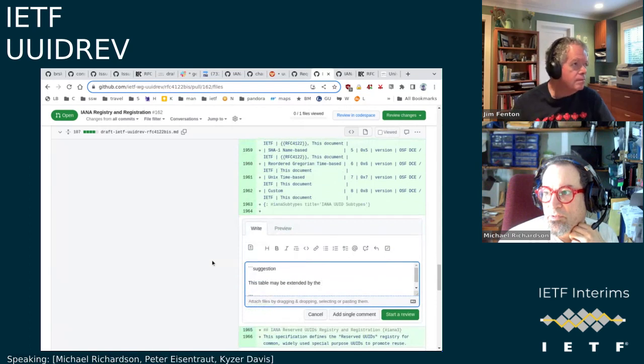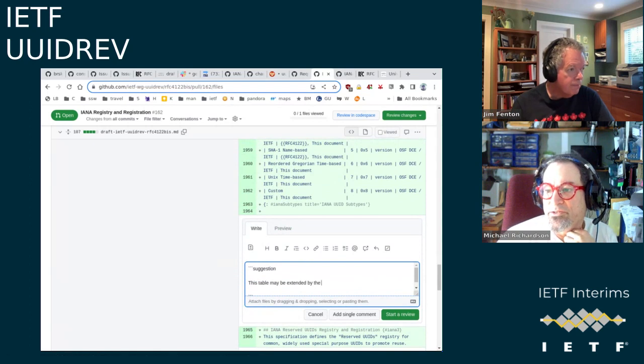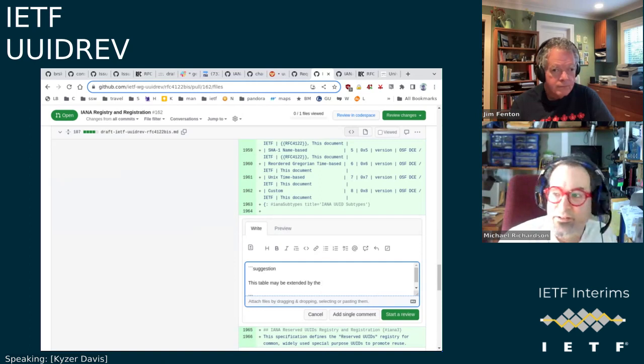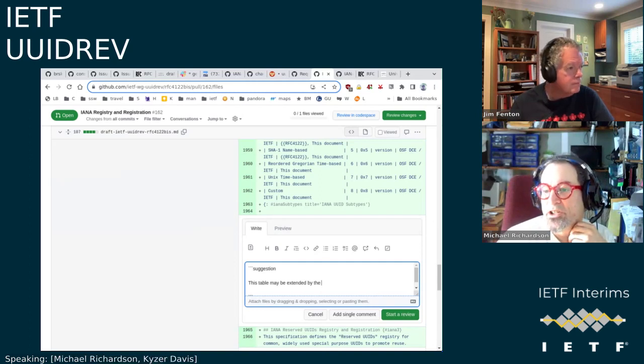So you just want to have a registry of versions 1 through 8, basically. Yep. I'm just formatting the text in the table in a way that it's extensible for other folks. I'm being nice. So if the ITU comes along and wants to do version 9 or A or, you know, whatever,